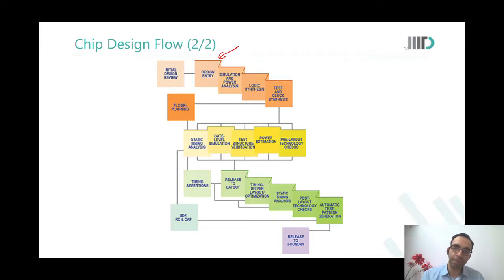This power estimation and the earlier power analysis that we did just after design entry, do they have a different connotation, or is it about the accuracy? It has a different connotation in the sense that when you did it the first time, you did not really have the exact numbers because you did not know the exact gates that would be used to implement your design. You just saw that this processor is being accessed 2000 times. Can I reduce it somehow? It was an architectural level thing. So this memory is being accessed every cycle. Can I reduce the number of accesses to the memory?